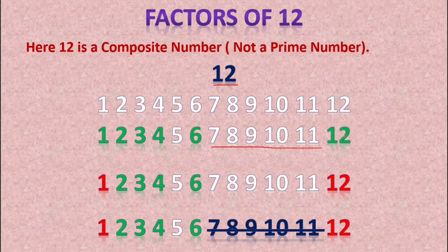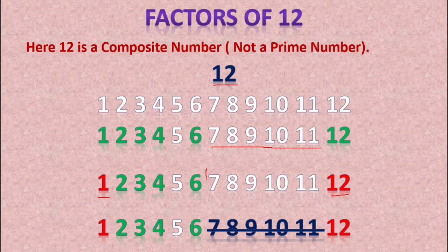What I'm trying to say is that between 6 and 12 there are no factors. In technical terms, if n is the given number, which is 12, after n by 2 there are no factors except n. And for any number there are two factors for sure: one is 1 and the other is the given number itself. I have marked them in red to indicate that they are the default factors for any number, not only for 12. So 1 and 12 are default factors for 12, and this part we can ignore.